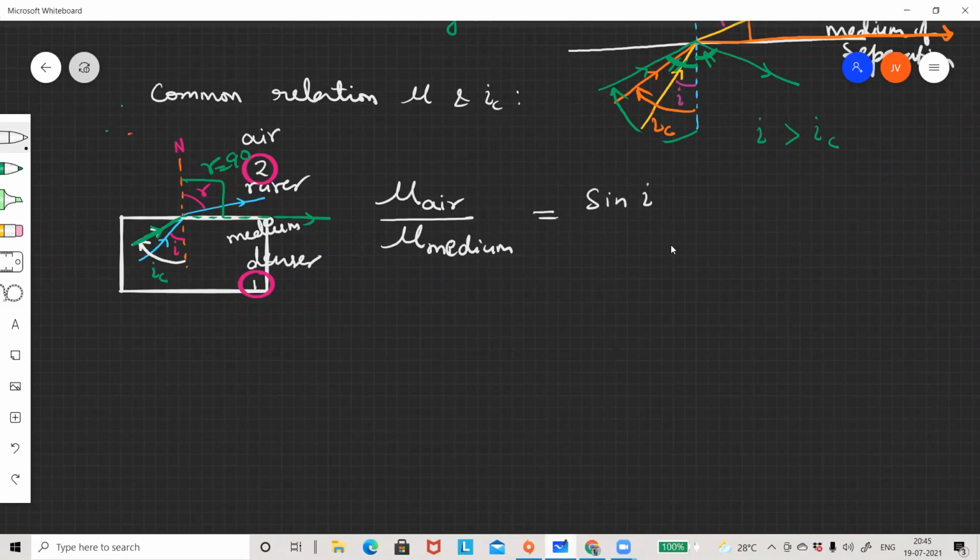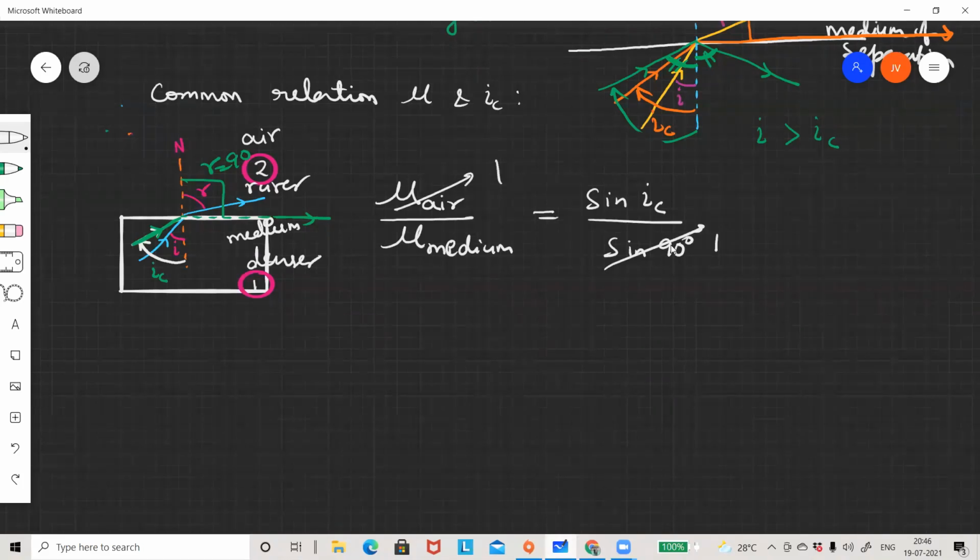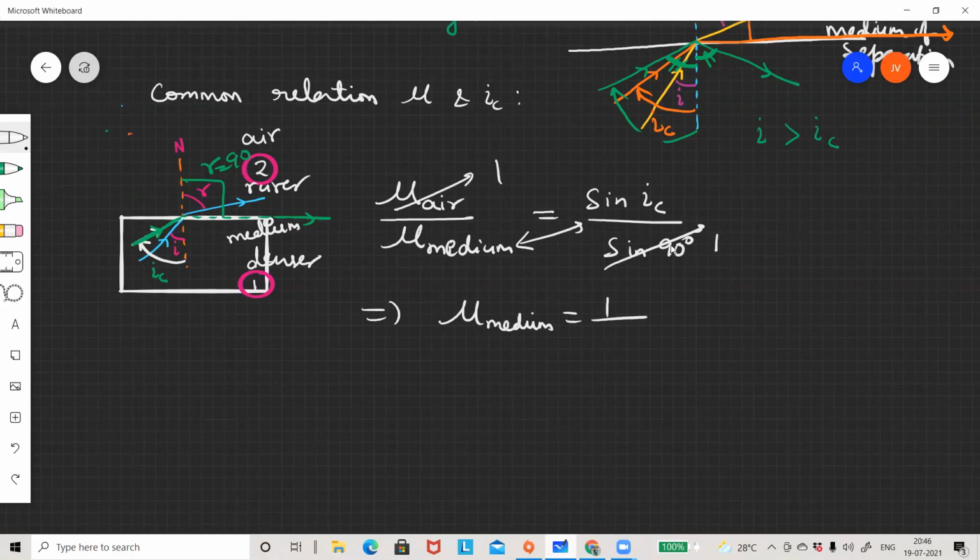angle of incidence, and this time angle of incidence is critical angle, to sine of angle of refraction. When angle of incidence is critical angle, angle of refraction has to be 90. Sine 90 is 1, mu air is also 1. So we have 1 by mu medium is equal to sine IC. So we can do some interchange of terms and we will have refractive index of medium is 1 by sine